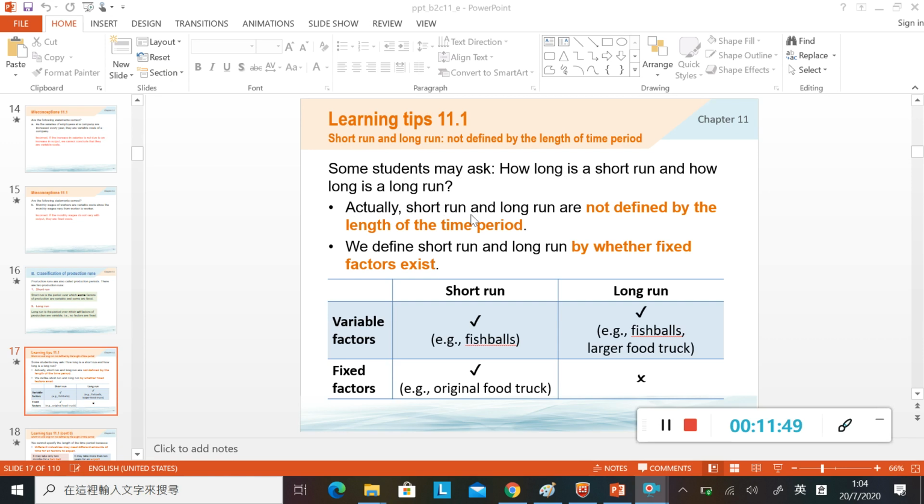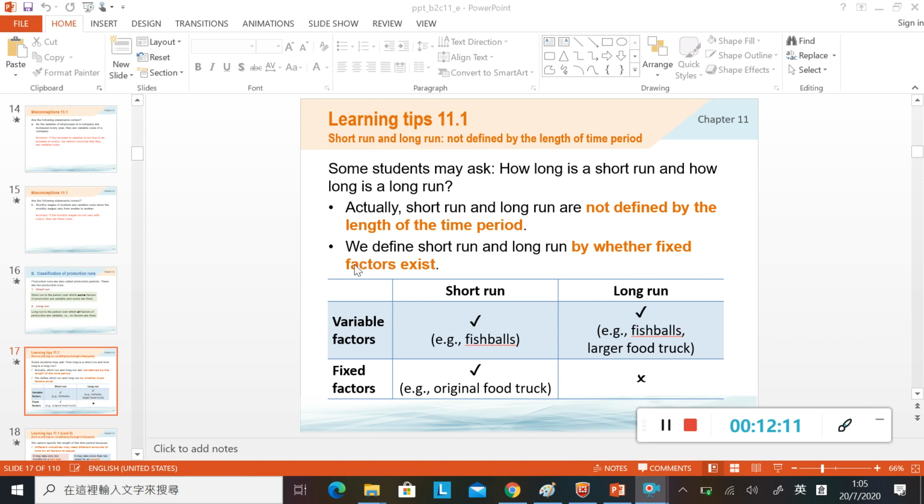But actually short run and long run are not defined by the length of the time period. 我哋講 short run 同 long run，唔係講緊個時間嘅長短，冇任何人會話一年就叫做 short run，10年就叫做 long run，唔係咁樣去 define 呢樣嘢嘅。咁我哋點樣 define 咧？We define short run and